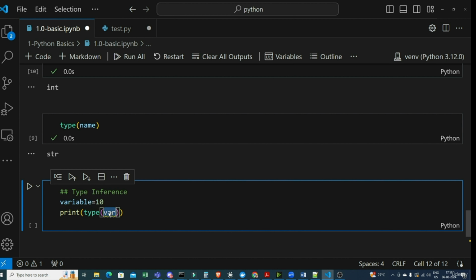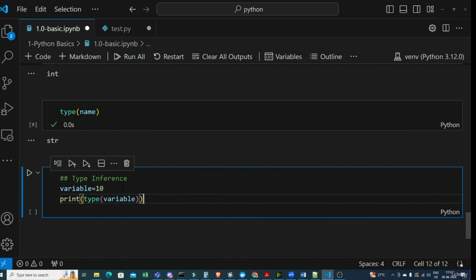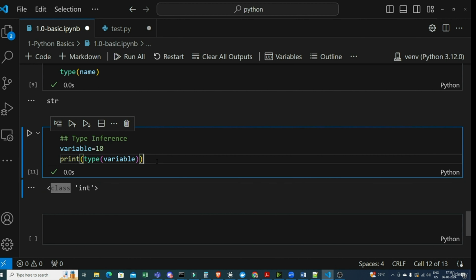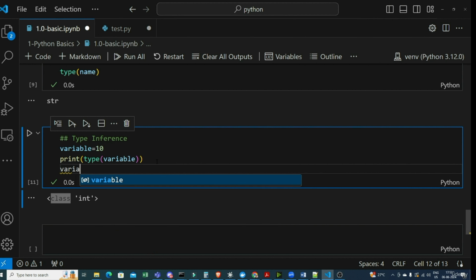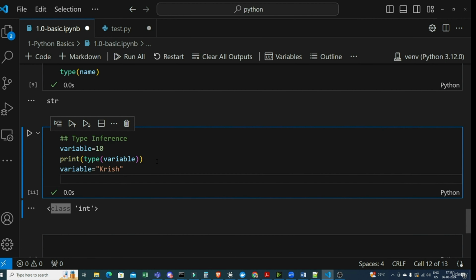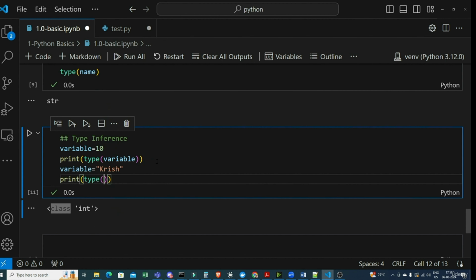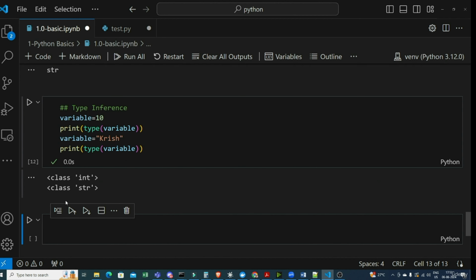This will be variable. Okay. Now what is basically going to happen over here, once you execute this, you are able to get an answer saying that, hey, it is of int type and the class will be int. But if I go ahead and use the same variable and assign some other value, let's say Krish. Now if I print the type of variable, what I'm actually going to get? Here you'll see that I get str